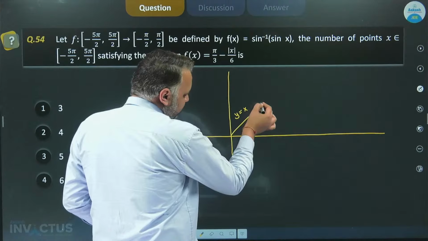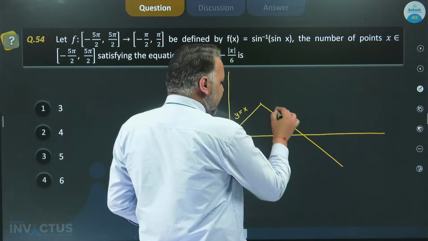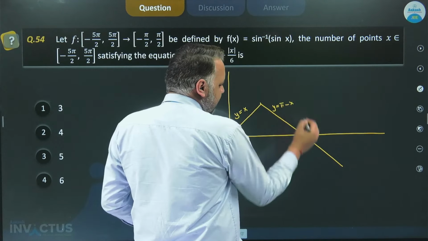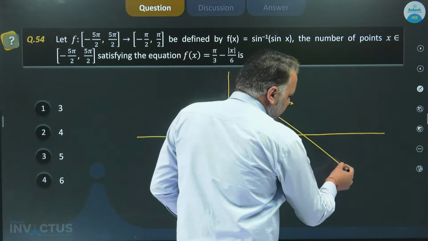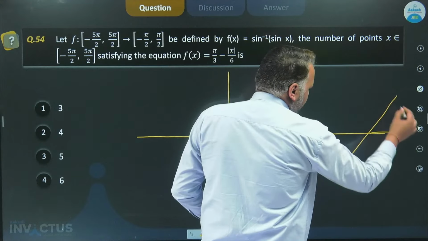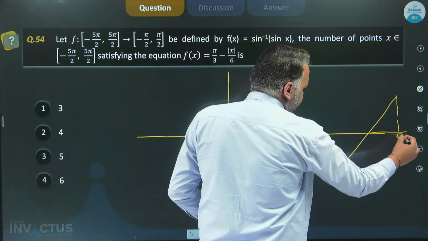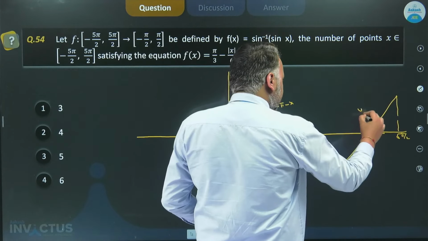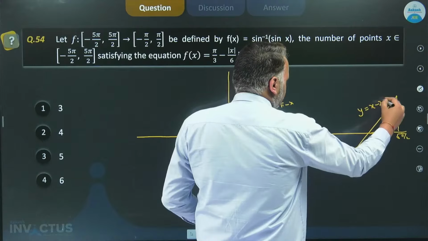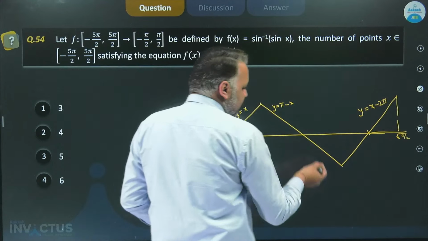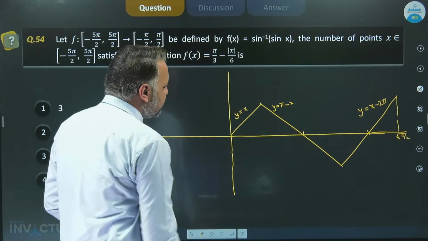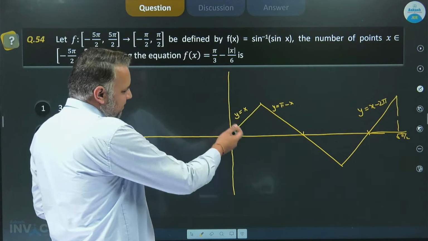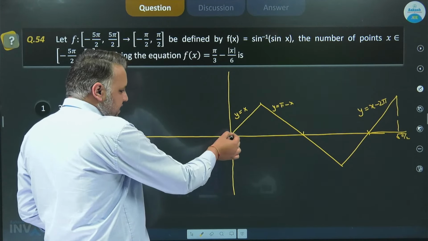Then from π/2 to 3π/2, this will be the y = π − x line. And then from 3π/2 to 5π/2, this point is 5π/2, this will be the y = x − 2π line. This point is (2π, 0). This is (π, 0). This is the origin. Similarly, on the left side of the y-axis, if we plot y = sin⁻¹(sin x),